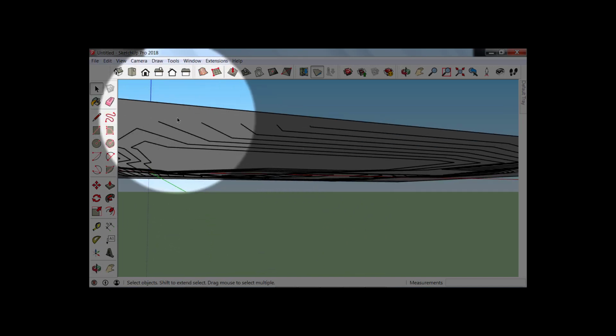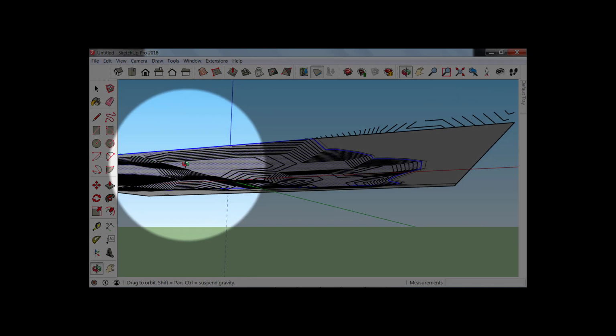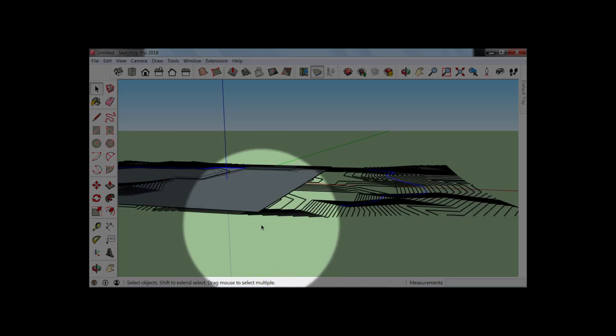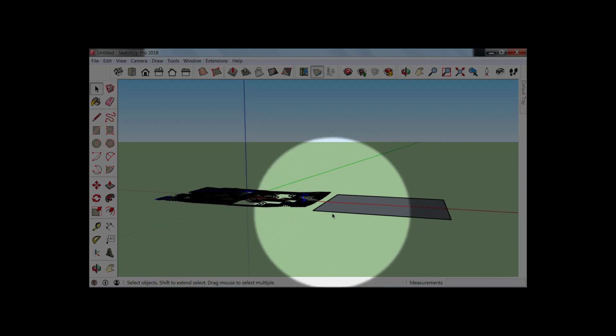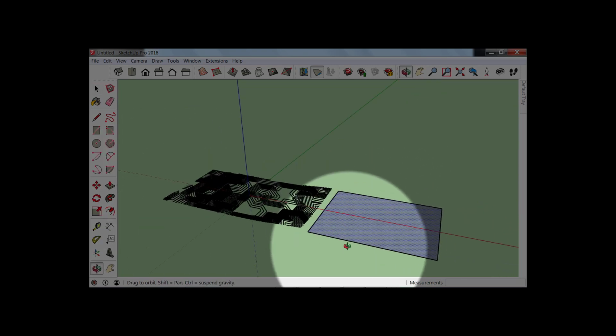So it's overlapping. So instead of this, I will do one thing.